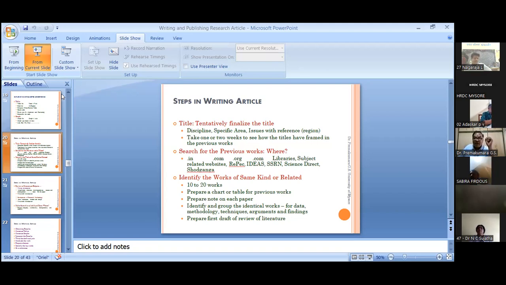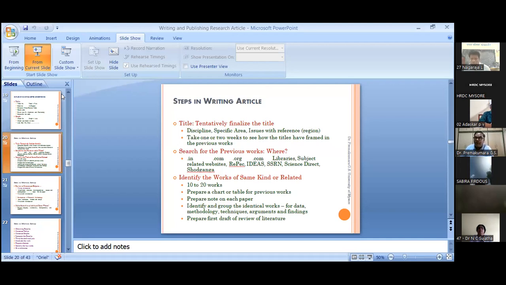If you are depending upon secondary sources, where will you get that data? Will the data be available? Is there authenticity of the data? Adequacy of data? Comparability of data? And the usability of data? Yes, the data is there, but you cannot download it. Then there's a problem. You should not do like that. So you have to be very sure about the source of data, adequacy of data, authenticity of data, and